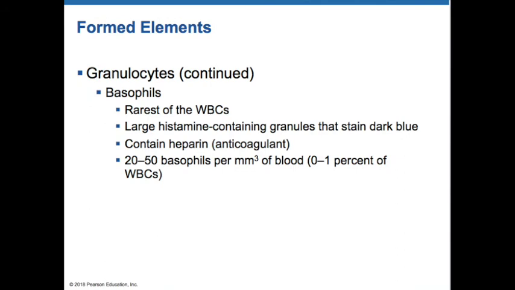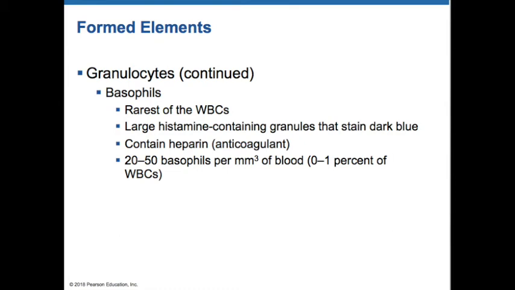The next type of white blood cells are going to be the basophils. Now the normal ranges of basophils are going to be anywhere between 20 to 50 basophils per cubic millimeter of blood. Now, what do I want you guys to remember about basophils? Basophils are also going to work with your eosinophils in allergic attacks, but most importantly, basophils will contain heparin. Heparin is an